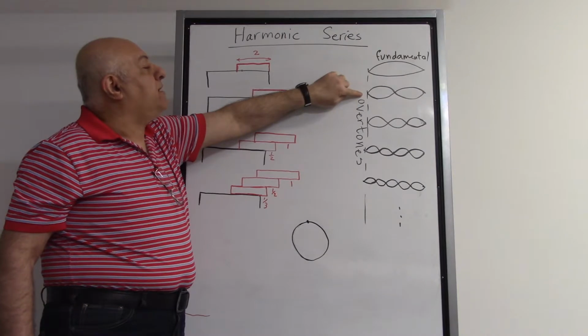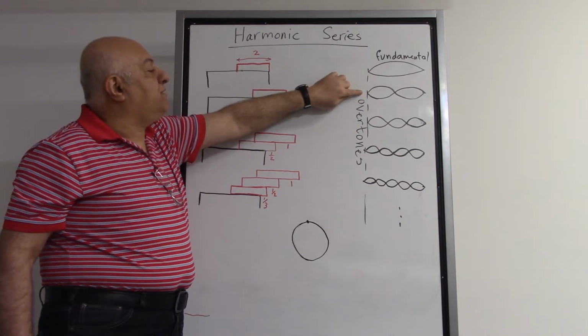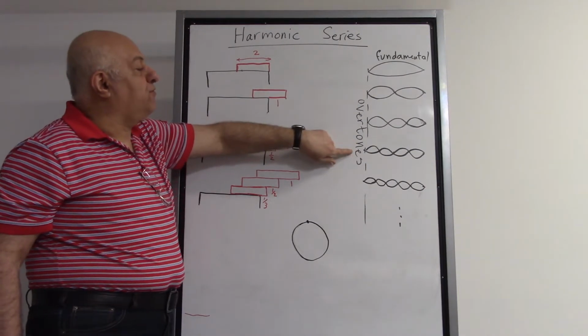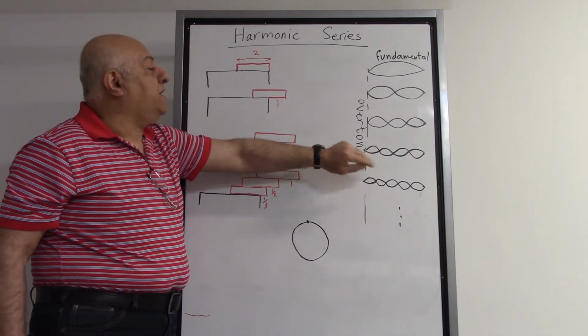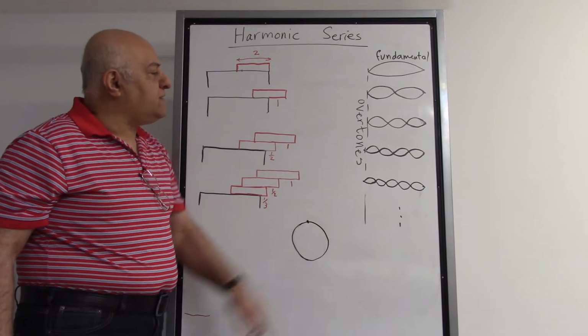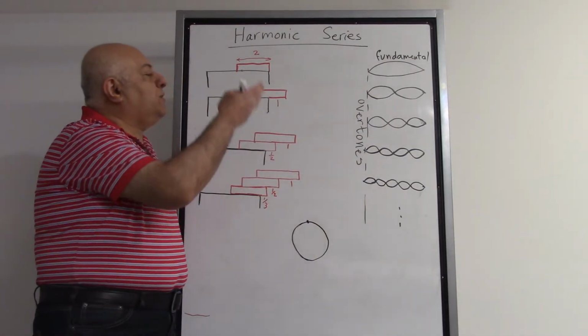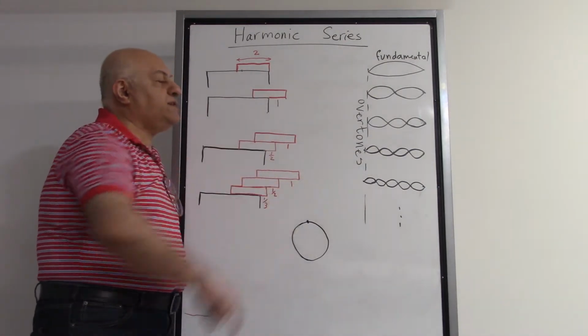This is usually called a harmonic. And when you multiply this 2 by 2, that would be 4. So you create this one, which would be another C with a higher pitch. And the other ones are the other notes. So this whole series of